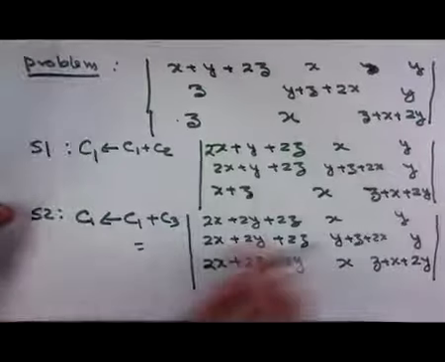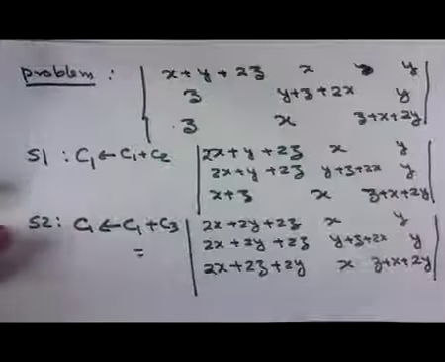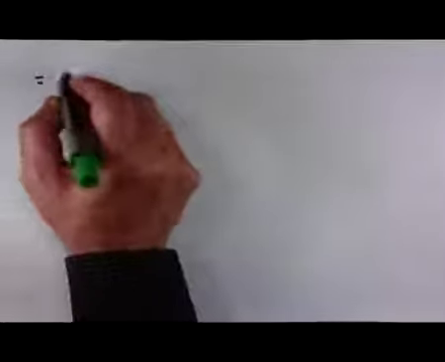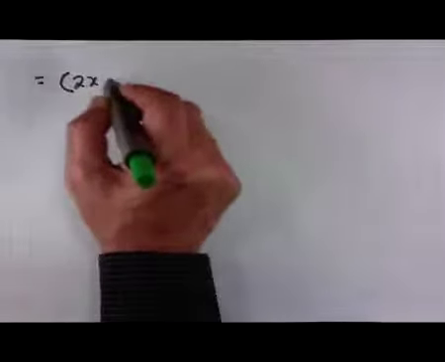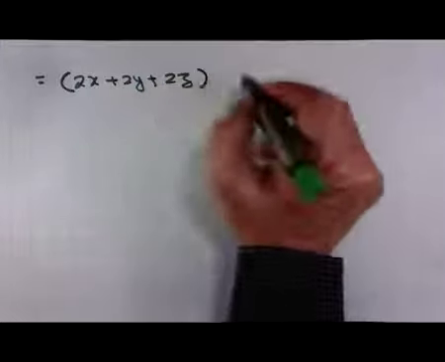Now we can see that in the first column all the elements are the same, so I can take it out. Therefore, we get 2x plus 2y plus 2z times the determinant